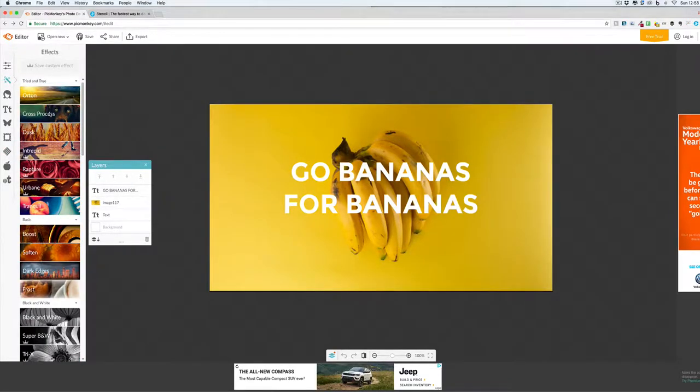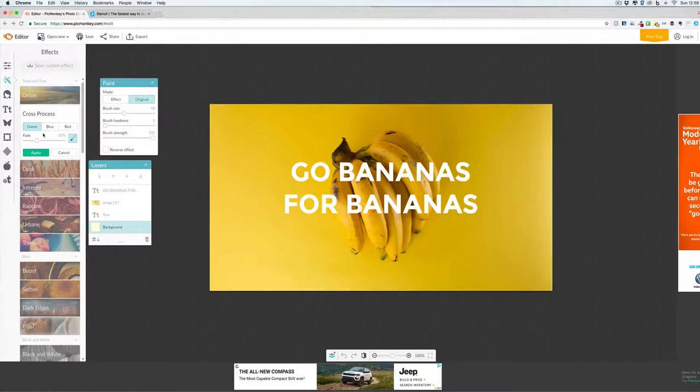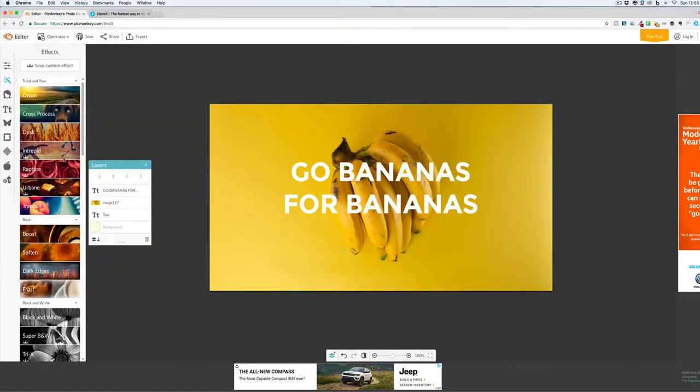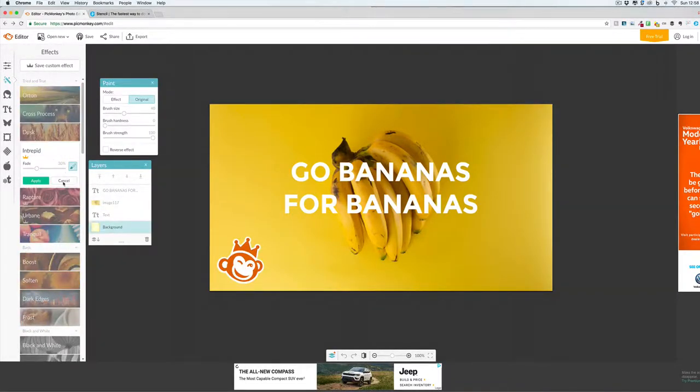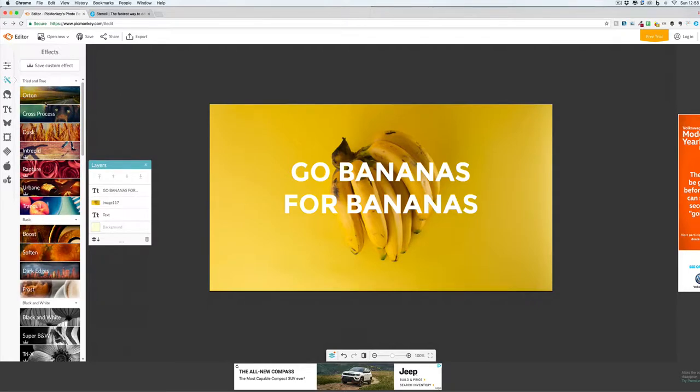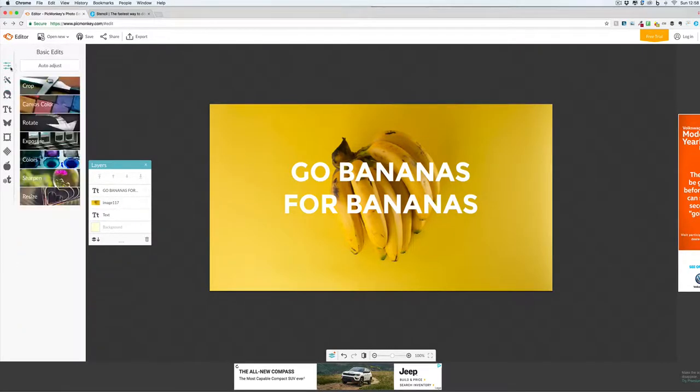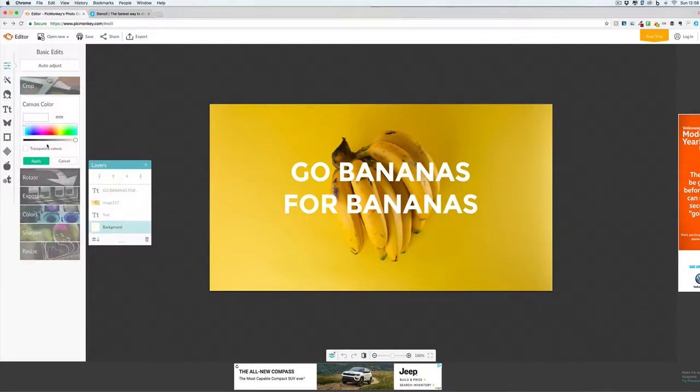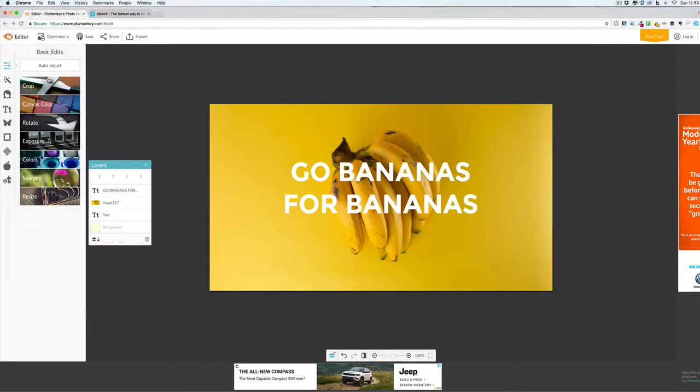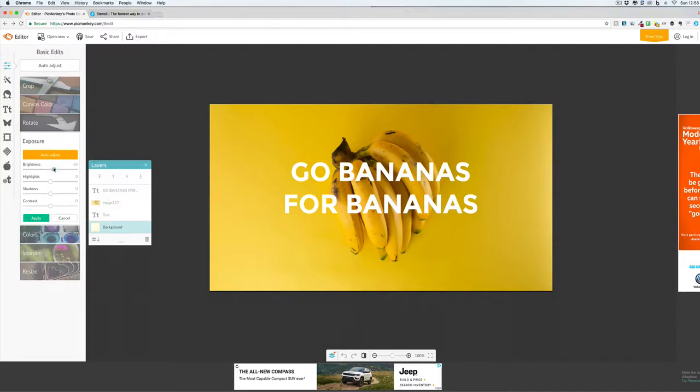They have all kinds of stuff. They have different processes you can do as well, so you can apply that. That's a paid one. You can even do different colors, so you can put different colors on it. You can change your exposure up, so if you want to make it brighter, this applies for text. So this might be a really good option for you when it comes down,